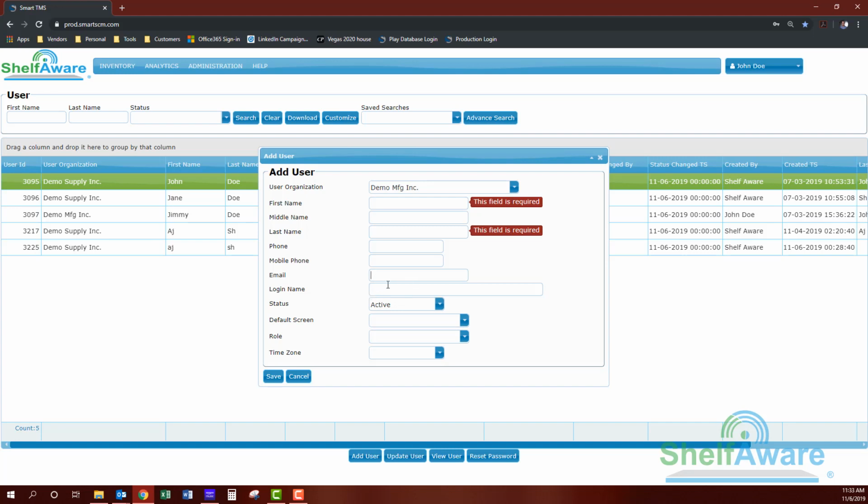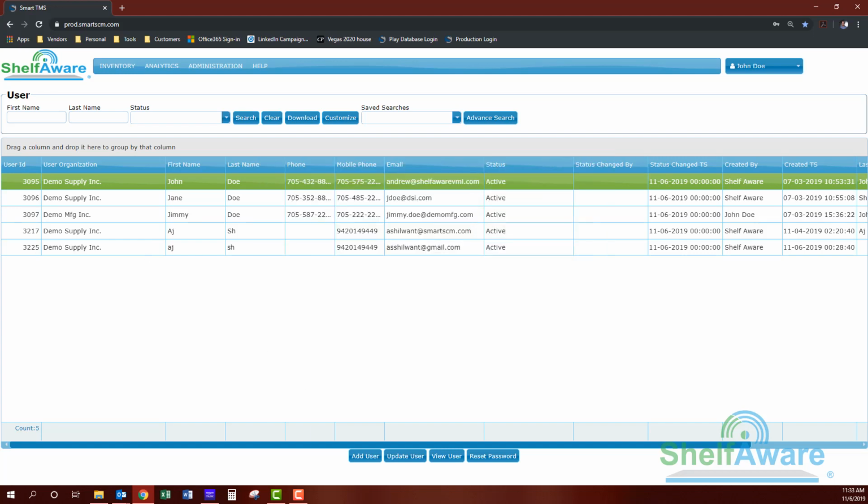That's just best practice. What you won't see here, the big change, is a password field. So below login name, you don't have the ability to enter a password. For obvious reasons, we took that away. It's now a system-generated process. So after you fill out this user information sheet and you hit save, it'll send that user